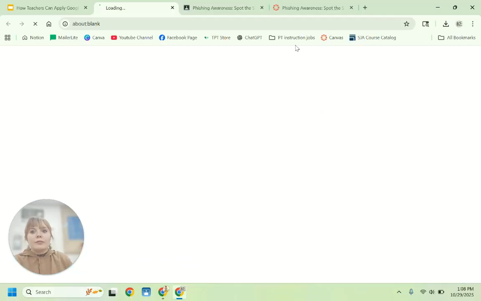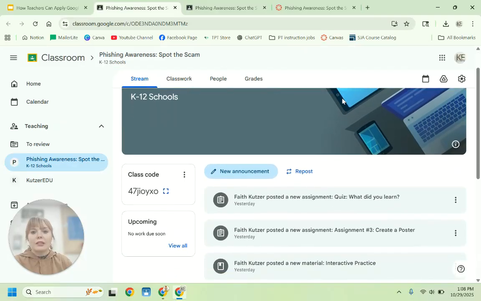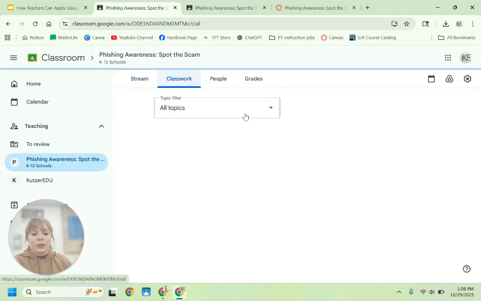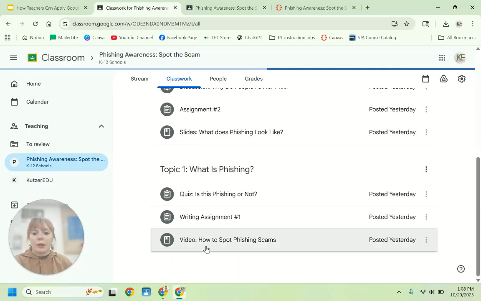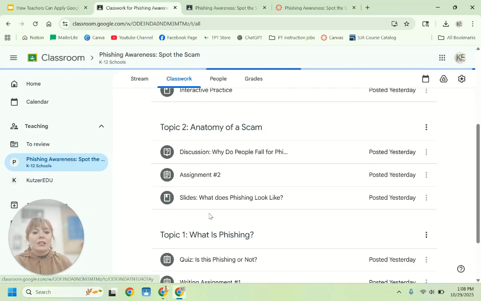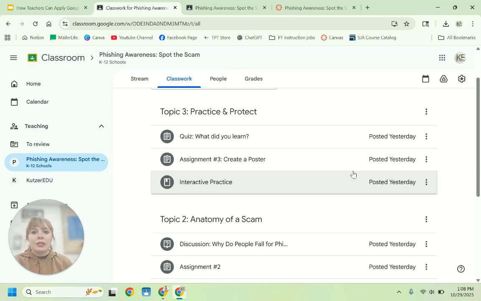In Google Classroom, I approached it like a teacher. I organized the learning path into topics: introduction, examples, and final reflection. So they started off learning about what phishing is, they got into more details of it, and then they practiced what they had learned. I used a mix of materials and assignments, including a Google form quiz for self-check and